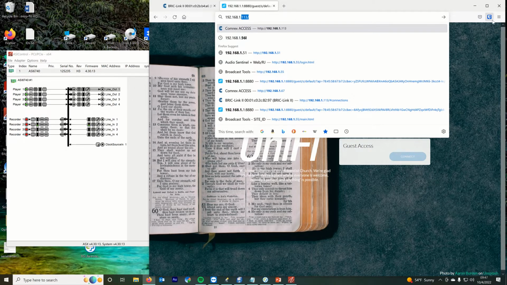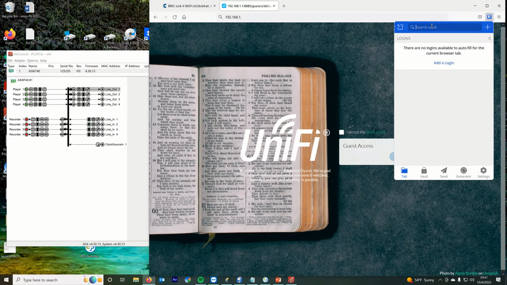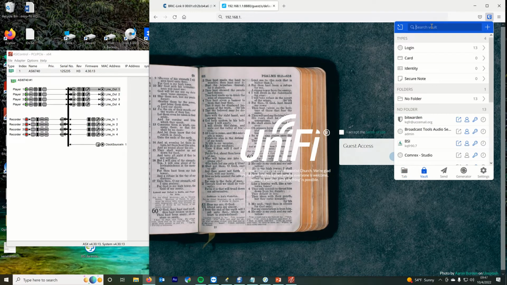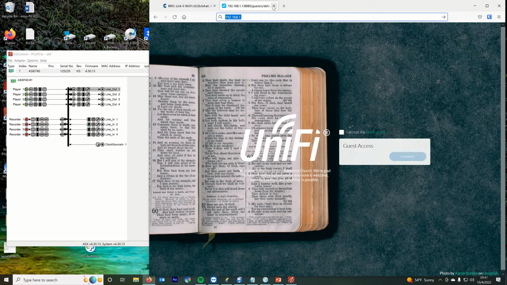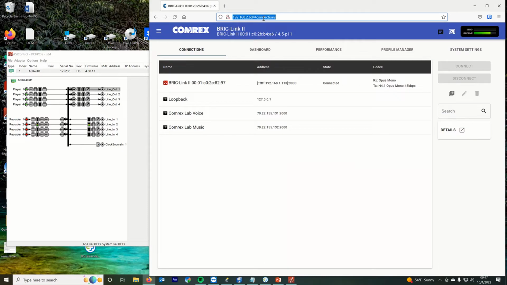I'm going to have to look in Bitwarden, and we're going to look for a switch. Okay. I think that we might not be able to get there from our computer. So the only way that I'm aware,